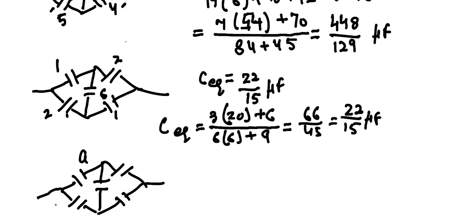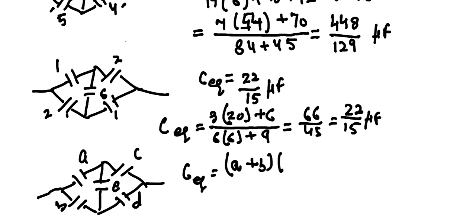This is A, B, C, D, E. So I am writing here the general formula which I have derived: A plus B, and you will multiply these C. This is E. CDE, that means CD plus DE plus EC, plus, you will multiply these two, AB into C plus D,